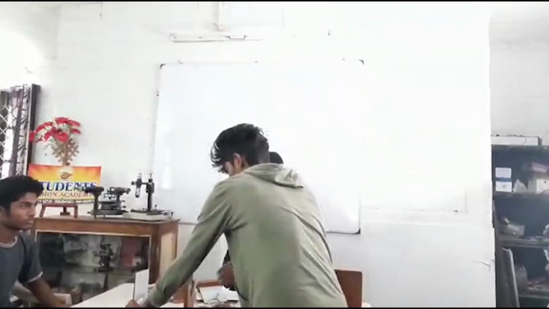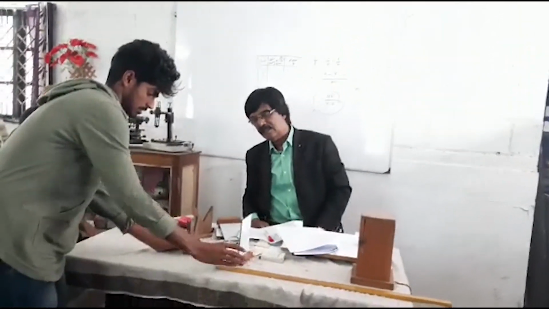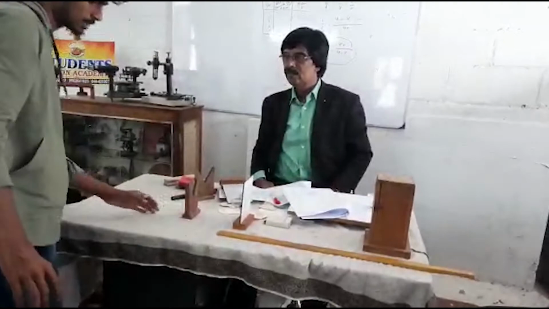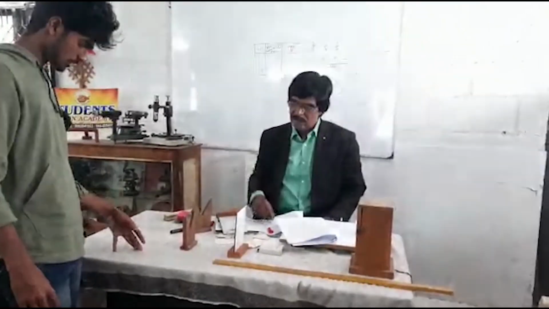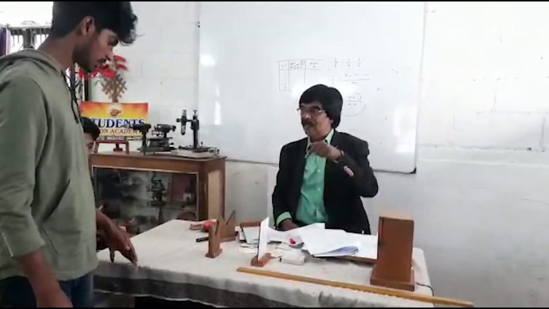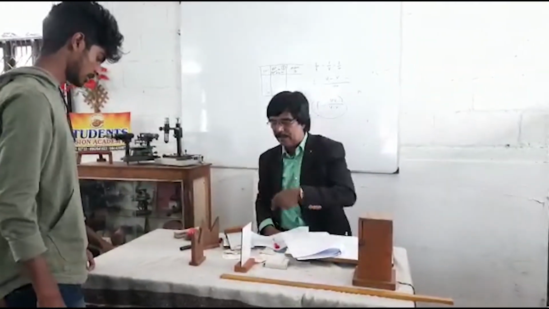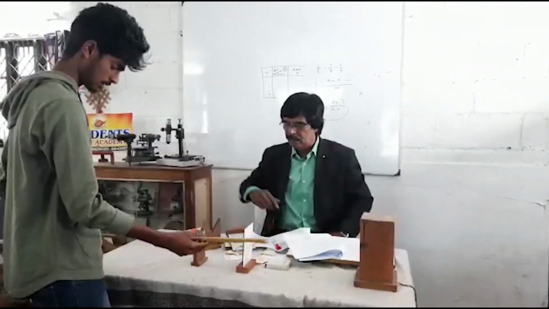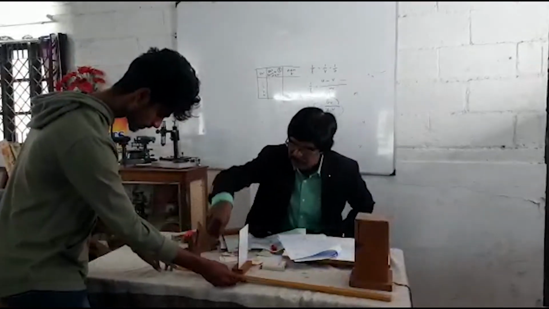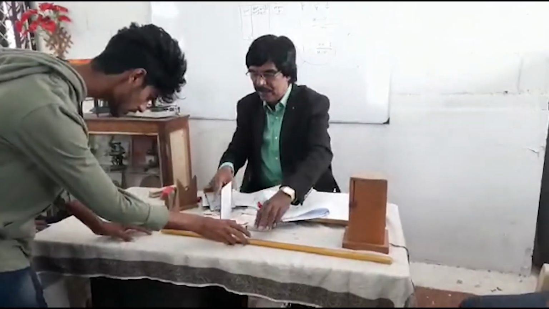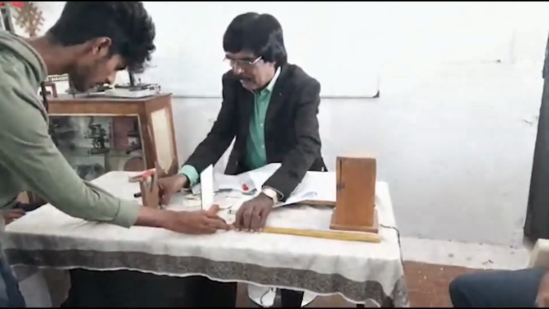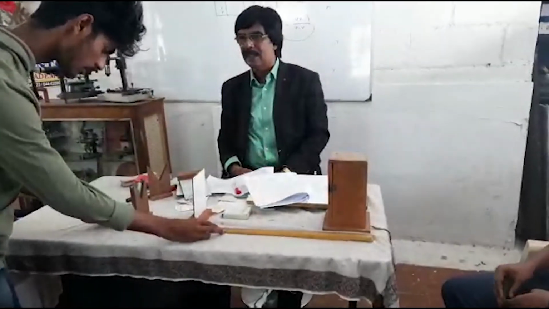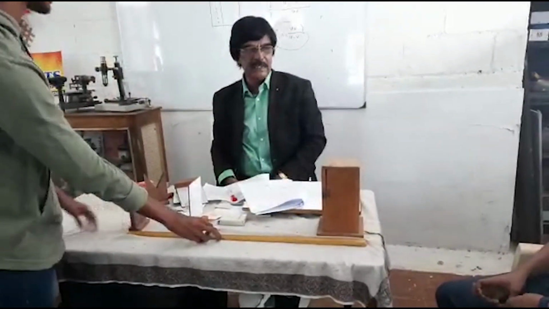Something else you are getting. So you focus, now you adjust it. What are you getting? That window. As we can see, we are getting a small image of the object, a small inverted image. That is important. Inverted. Now how do we measure? We are going to use a meter scale, from here to here, horizontally. You should not keep it like this. Keep everything straight, horizontal. Then only you get the exact reading. Otherwise, error will come. So you get some measurement here. Now you understood what the distant object is, right?